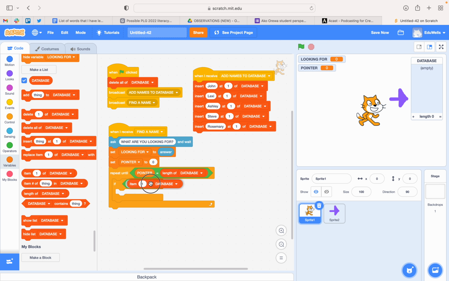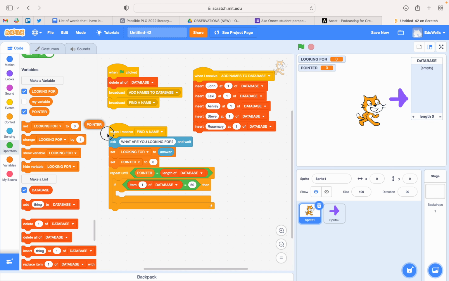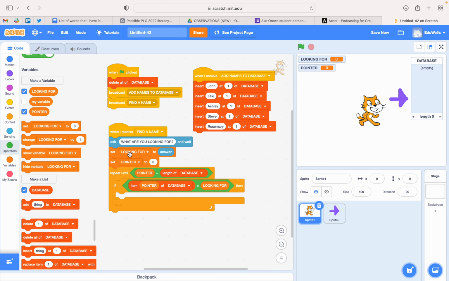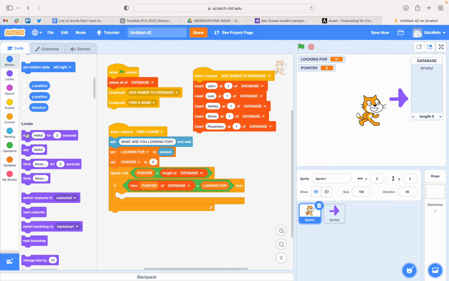If the item, now it's not going to be number 1 every time I do a check, it's going to be wherever my pointer is. So I'm going to move my pointer in here and say that if the pointer item on the database is what I am looking for. So I've saved that, haven't I? So set looking for is the answer, pointer to 0, repeat until the pointer gets to the end of the list. If the item of the pointer on the database is what I'm looking for, then I'm going to say, a bit like Google would, I'm going to say for 5 seconds